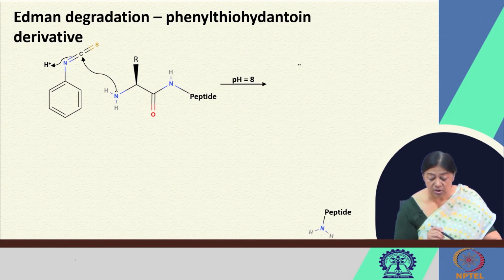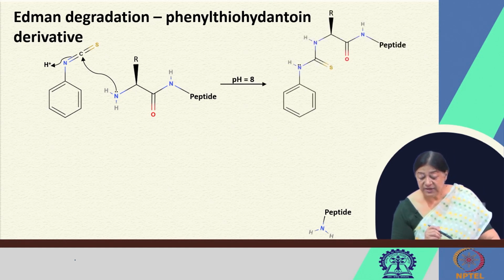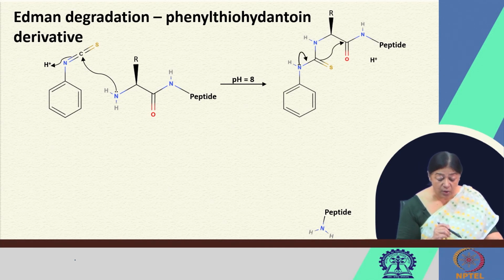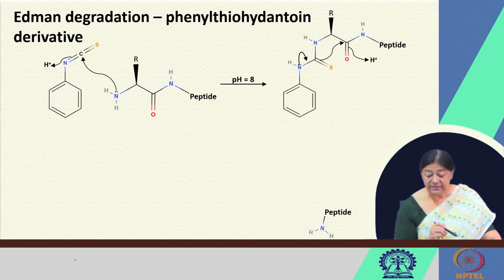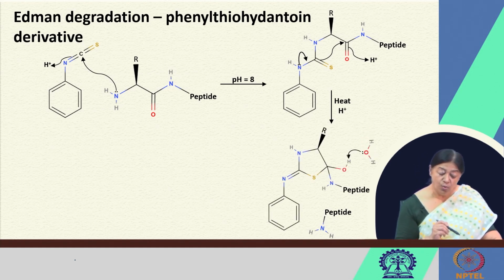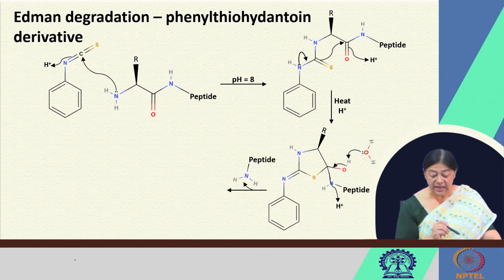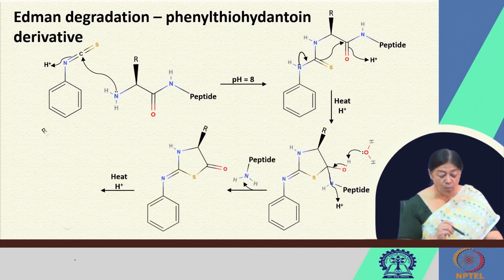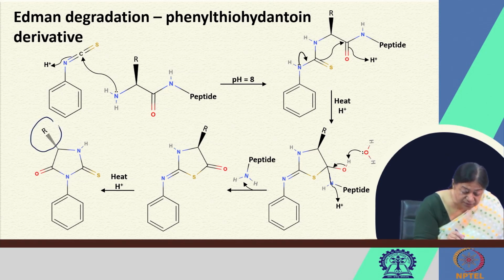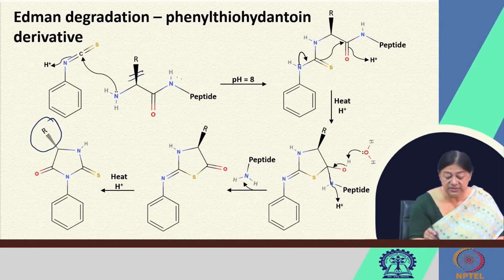This reaction occurs at a specific pH, giving us again a derivative that is known as the phenyl thiohydantoin derivative, and this reaction then gives us the peptide along with the first amino acid of the sequence, and this is important in an understanding of what the identifier is for the first amino acid, because this is the